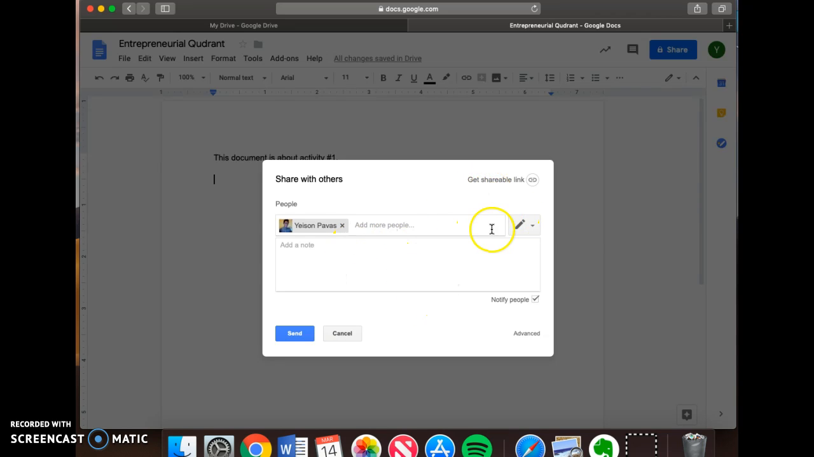Before you do that, you want to make sure that you select what type of access you're giving to the individuals that you're sharing the document with. If you just want them to be able to view it, you want to change that setting to can view only. Or if you want them to be able to edit your document, you can also give them that authority, or if they can just make comments. So if you just want them to be able to view it, you're going to hit on can view,